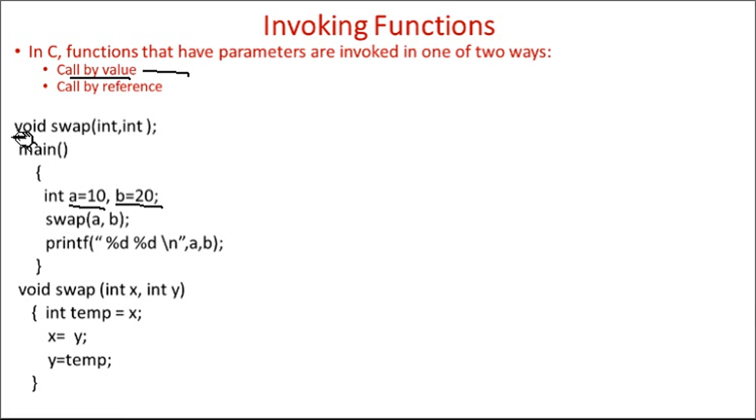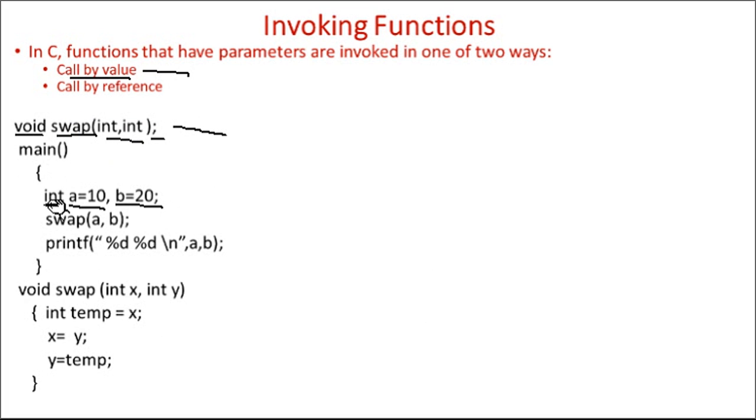In this case, the very first line before the main function is provided as a declaration of the function. So this is where the function declaration is done. This is the declaring line. We can easily see that this is the return type of the function, this is the name of the function, that is swap, and these are the parameters which this particular function expects. At the end there is a semicolon which shows that this is the declaration of the function.